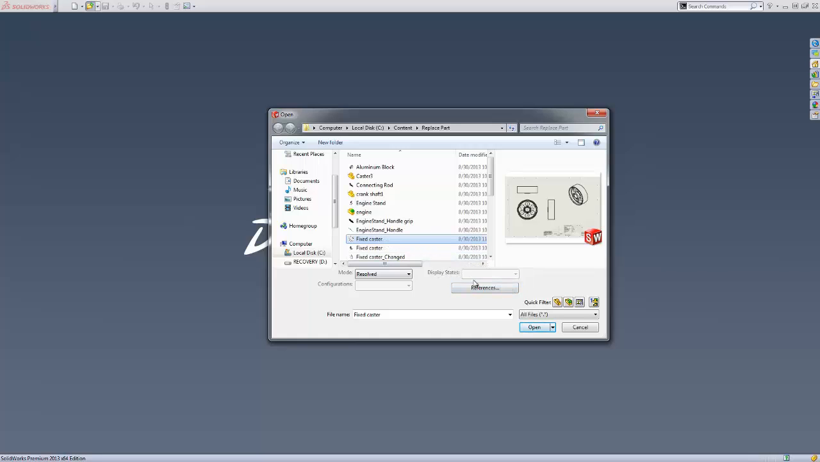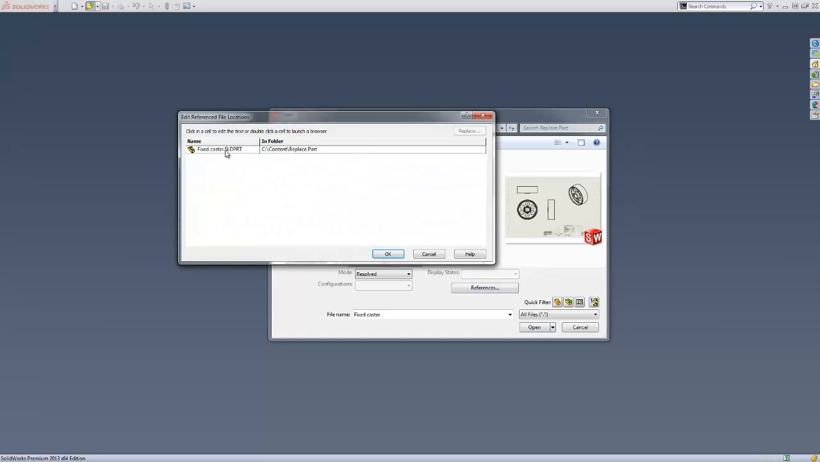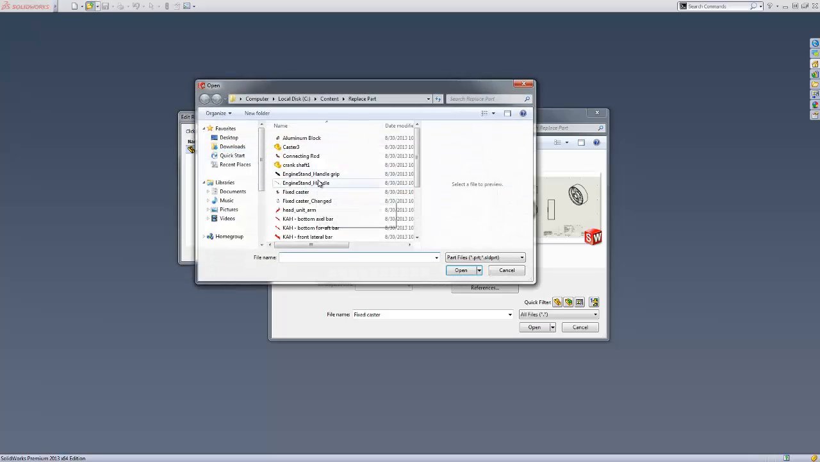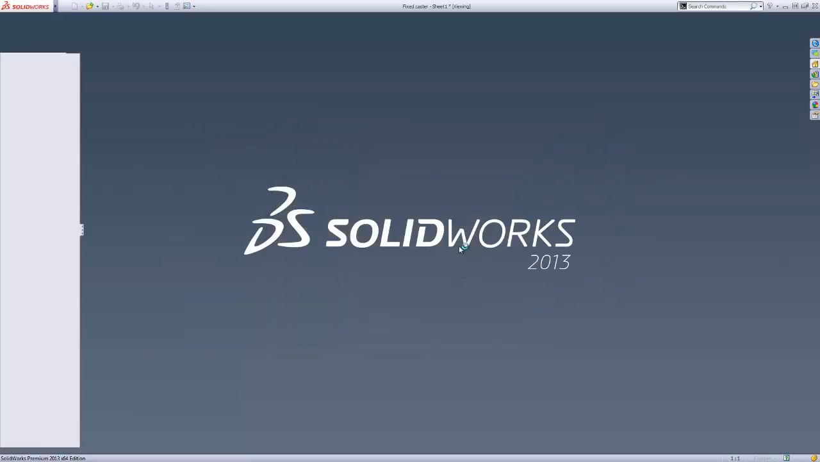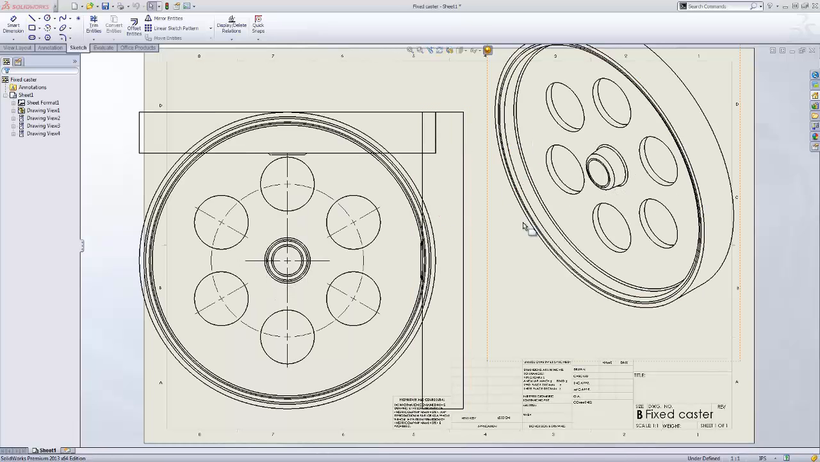So again, select the drawing, choose references, double click on the file that you would like to replace, in this case just a single part file, select the new file that you would like to have referenced, OK, and open. And everywhere that that part was used within the drawing environment will now be replaced with the new